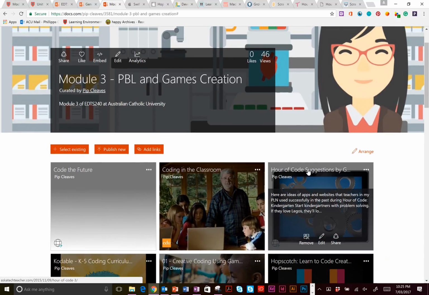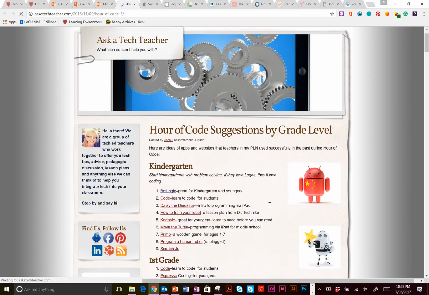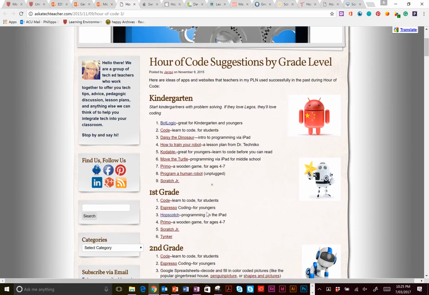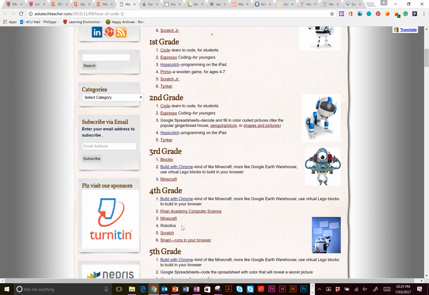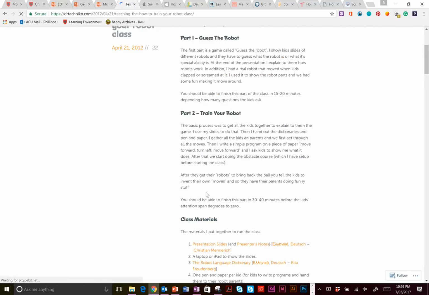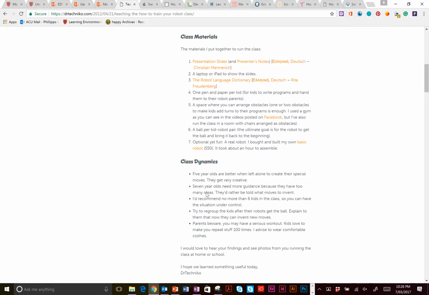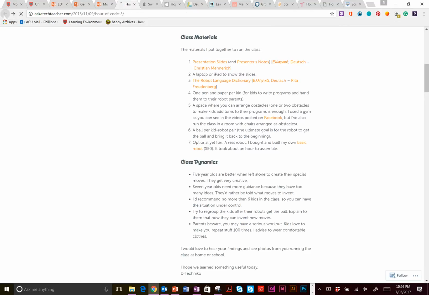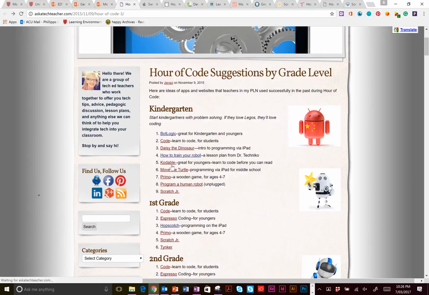So click on, for example, if we head to this Hour of Code suggestions page, you will find here a list of links for each of the subject areas. So if you wanted to have a look at how to train your robot, for example, it's going to take you out to a website to tell you how to run this activity in your classroom. It's also going to take you out to fantastic places like